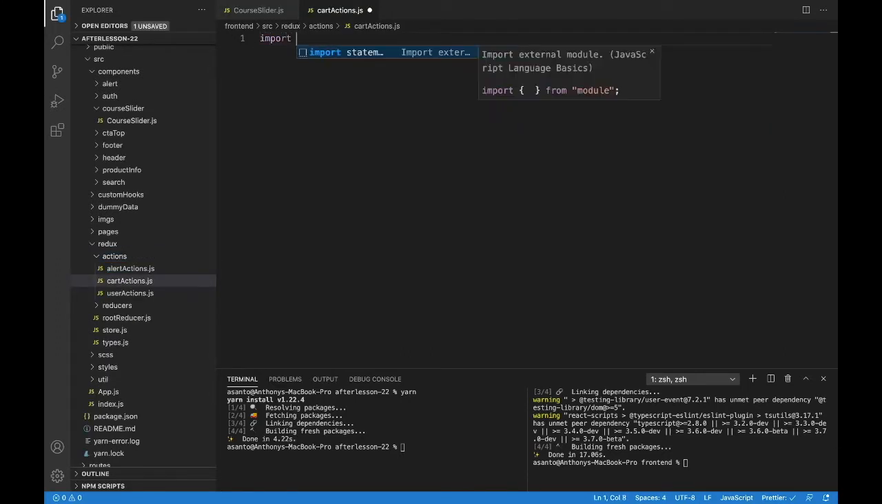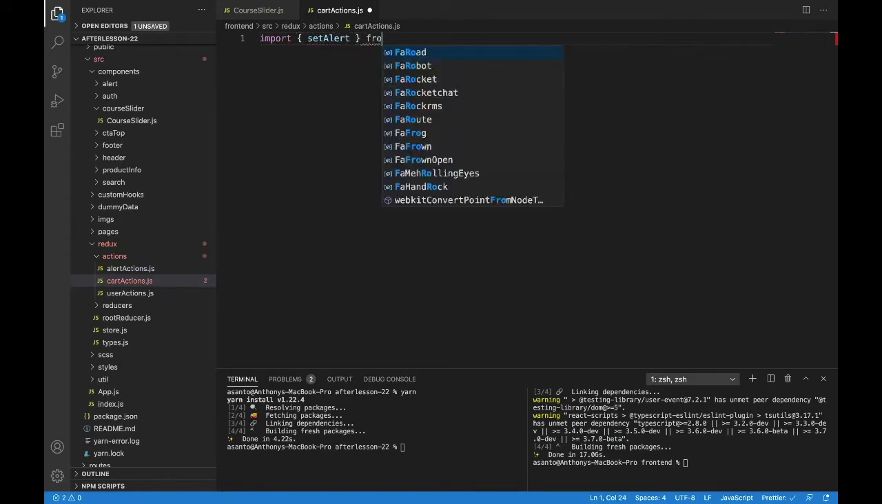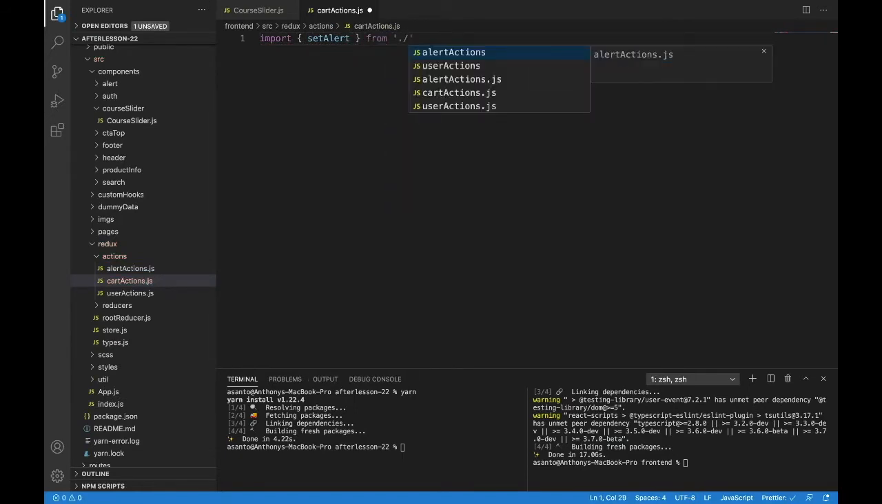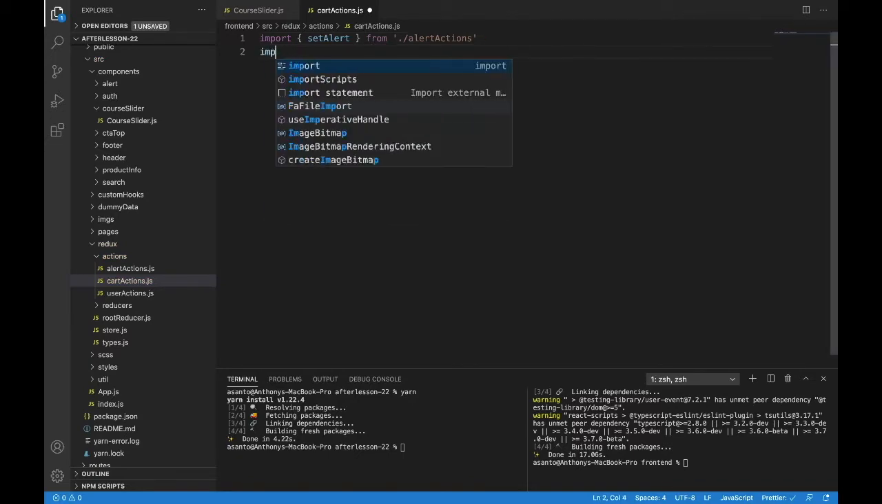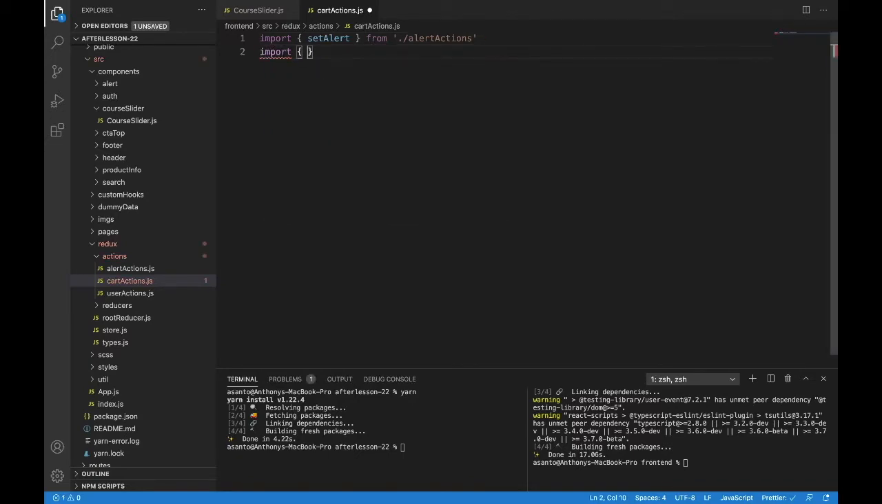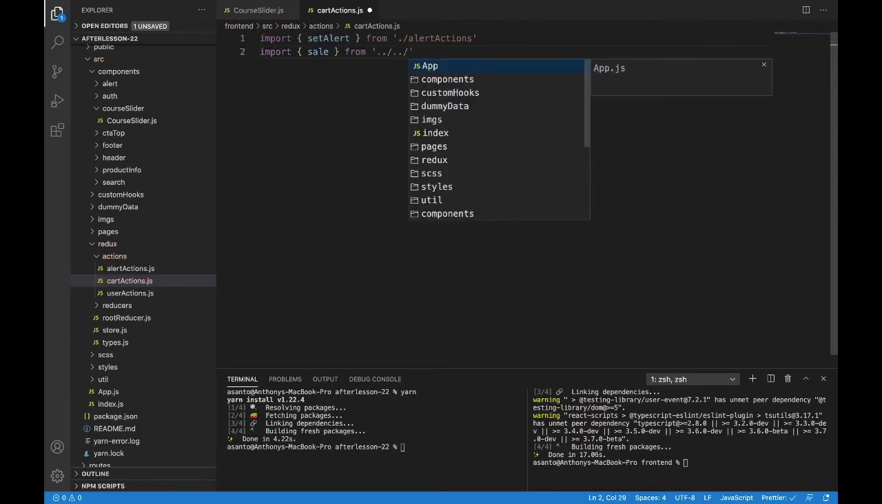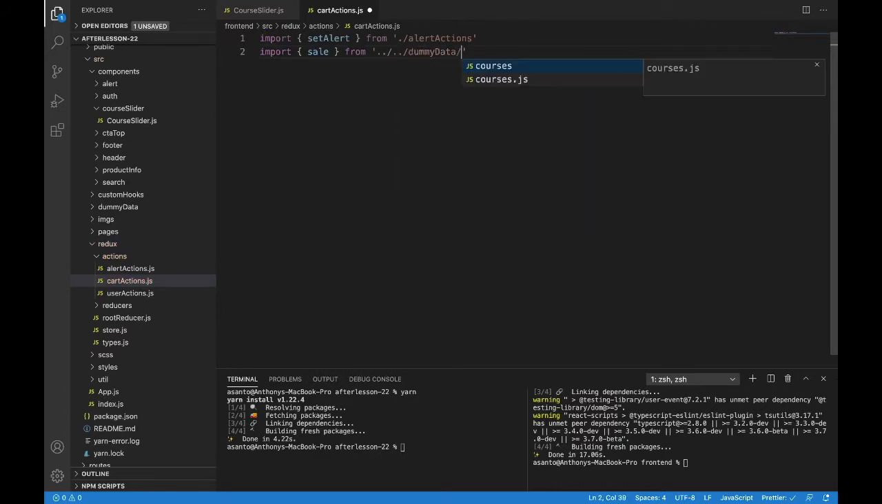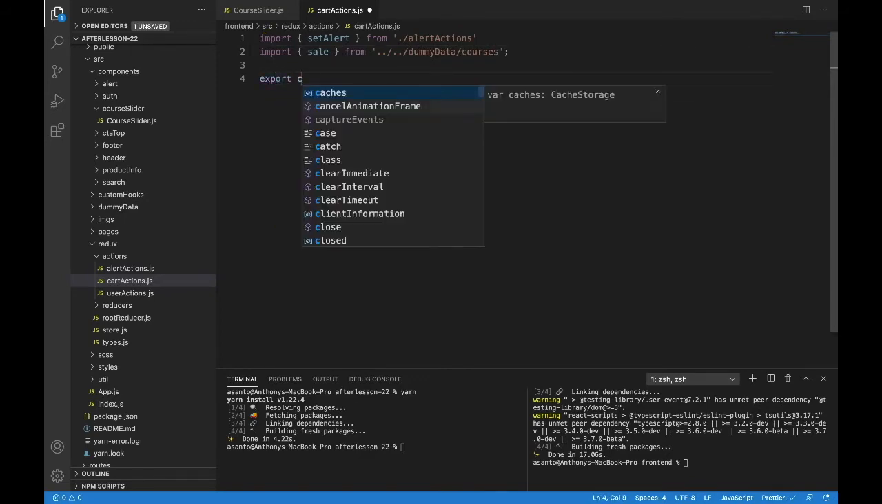We'll have an import of setAlert, so we could do that added to cart thing at the top from /alertActions. And we're also going to have to bring in a little bit of that dummy data. We're going to need to know if there's a sale and if they're opted into the sale and so on. So from, and then up twice to dummyData. Yeah, there it is. And courses. Perfect. Now we'll make an export const